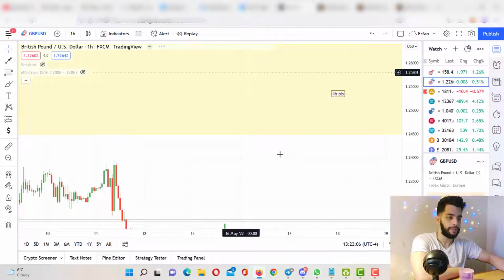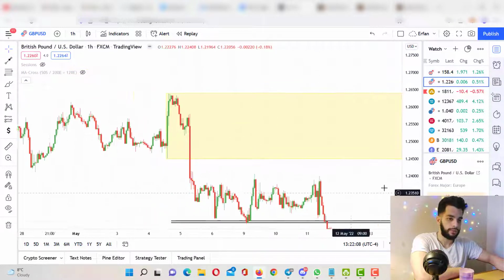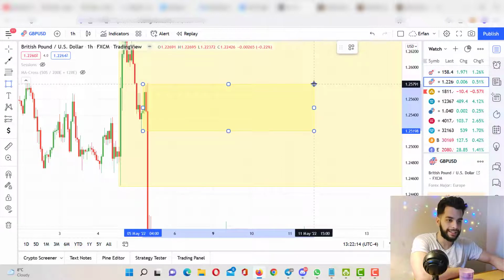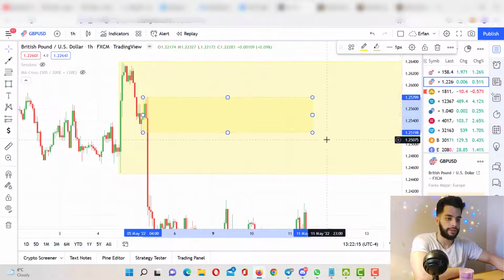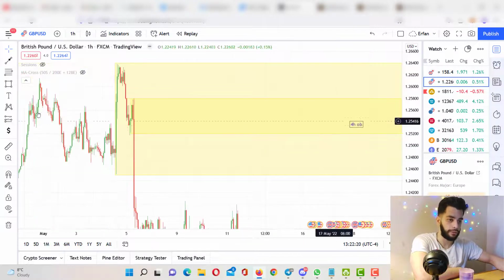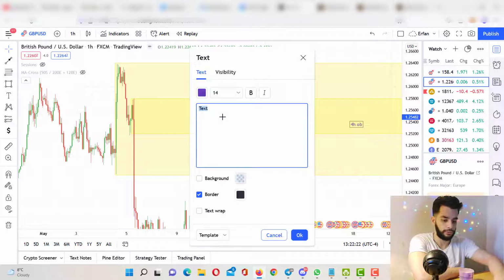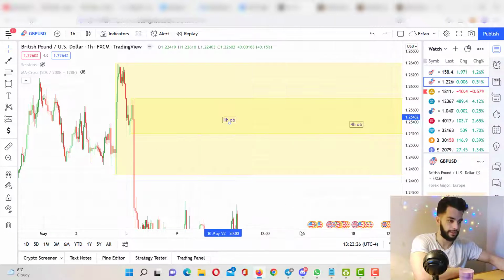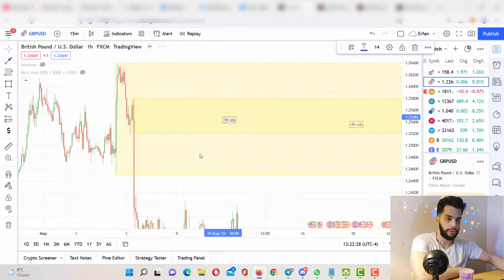But even the same as this one, see, I'm on the 1-hour time frame, and we have this high probability order block exactly inside this high probability supply zone on the 4-hour time frame. So this is the 4-hour time frame, and we have another 1-hour OB which is inside it. And if I go to the 15-minute time frame,